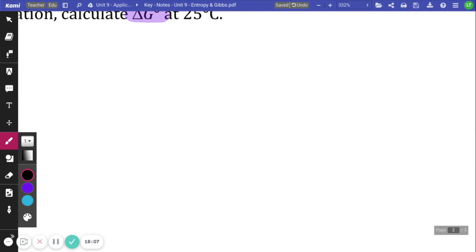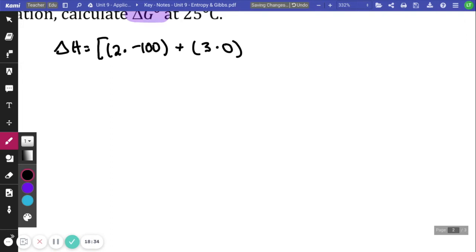So let's go ahead and solve for our delta H. So delta H is equal to 2 times negative 100 plus, and remember oxygen is an element, so its delta H will be 0 because it should not take any energy to form oxygen. So 2 times negative 100 plus 3 times 0